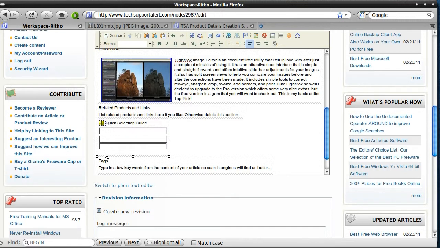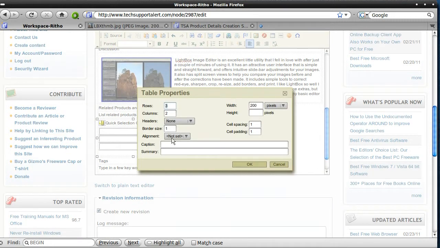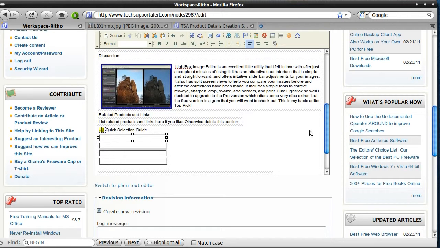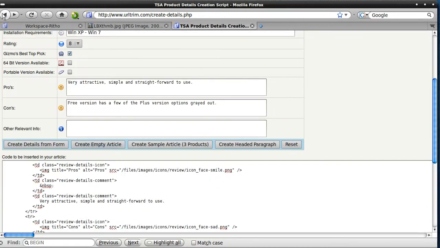And then it also doesn't hurt to add one extra table, like so. See, actually, I'm only planning on 3 products, but I'll add one extra one for later on, and they don't really cause any problem because they're all the way at the bottom. So now we need to put in the product summary here, and in order to create that, we want to go back to our creation script